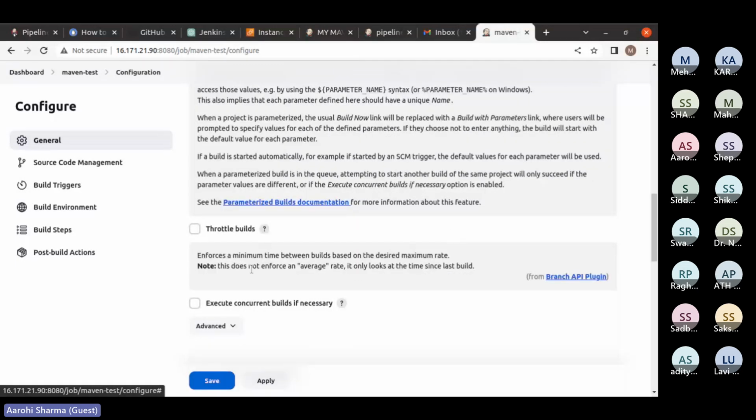Throttle build, when I'm saying, it enforces a minimum time between builds based on the desired maximum rate. Desired means when you are, suppose if you guys are